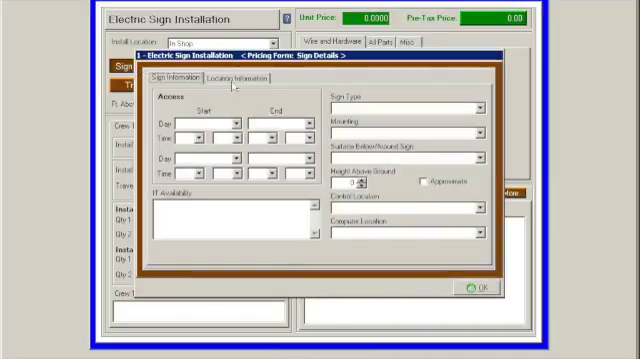The sign details allows you to put in detailed information about the location that this sign is, such as the access times. If you can only get into this sign, such as it's in a mall, maybe you can only get to it between Monday and Wednesday between 5 and 8 a.m. The IT availability at that location, the sign type, such as is it a box sign, the mounting, such as is it pole mounted,